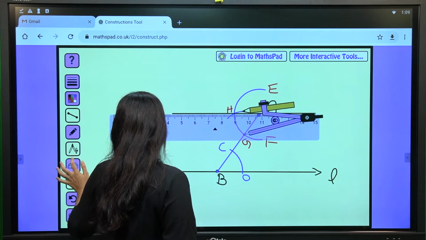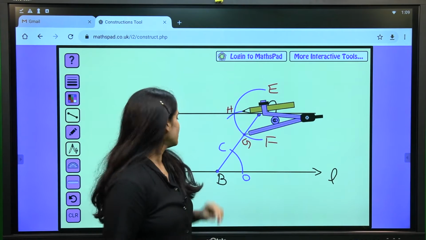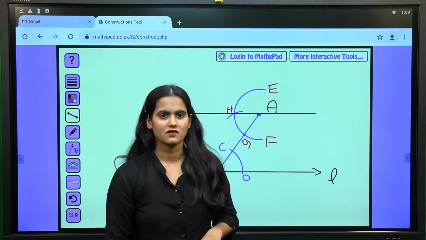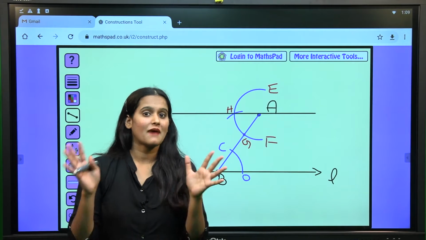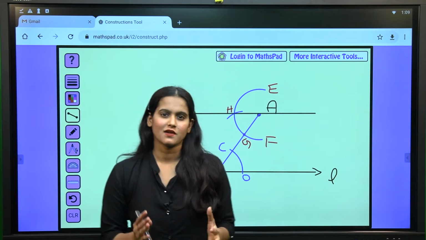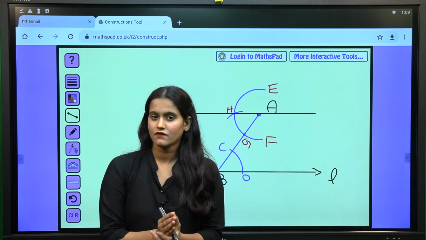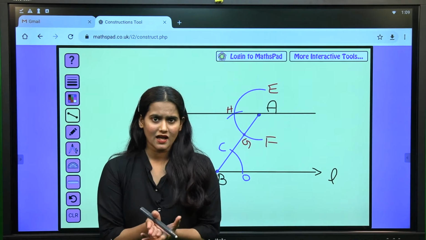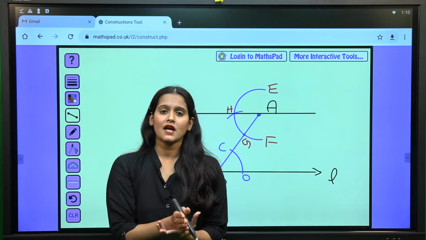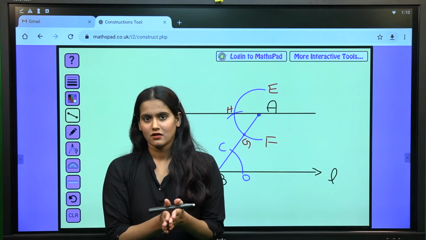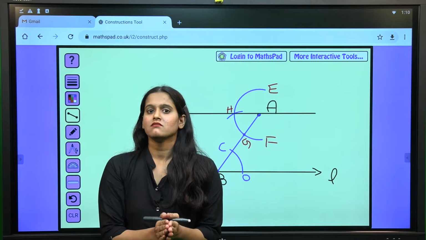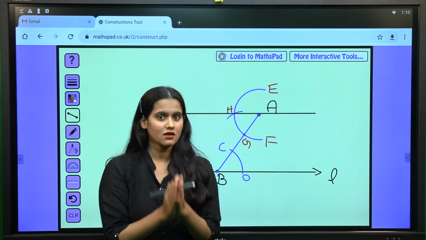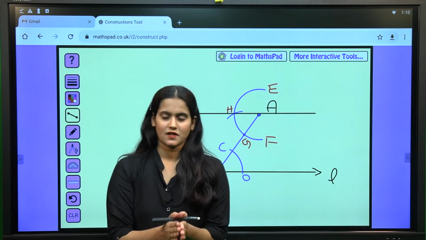Next, you got a parallel line like this. That's how you can do the construction of a parallel line if the measurement is not given. Sometimes in the question they'll give you some condition. They'll ask you to draw the perpendicular line, and for that perpendicular line you need to draw the parallel line. So I'm having one question in our textbook. So let's see the question and let's solve for that as well.